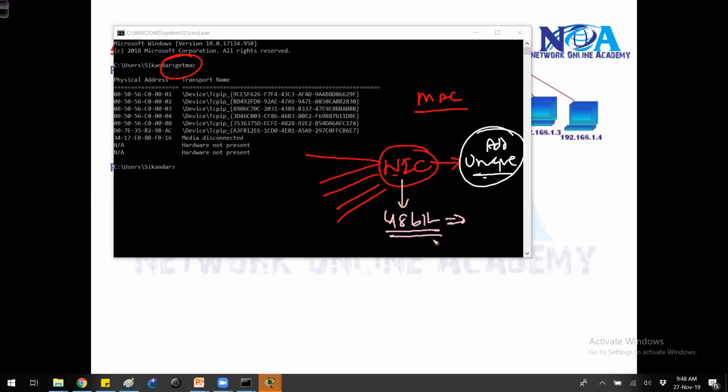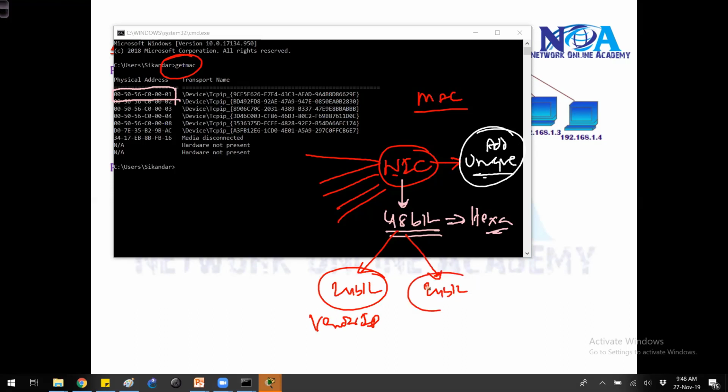It looks like this. You can see one of these, and this 48-bit address is written in hexadecimal format. And in this 48 bits, we have 24 bits and 24 bits. The first 24 bits generally represent the vendor ID, to which vendor it belongs, and the next 24 bits identify the unique ID within that vendor.